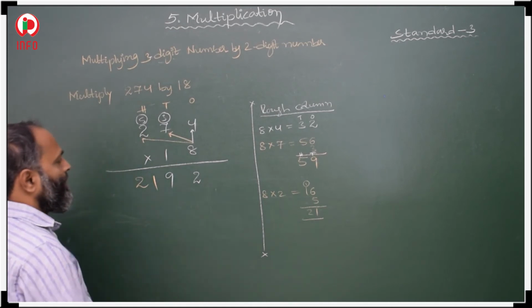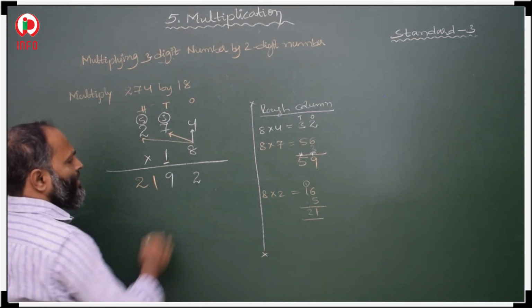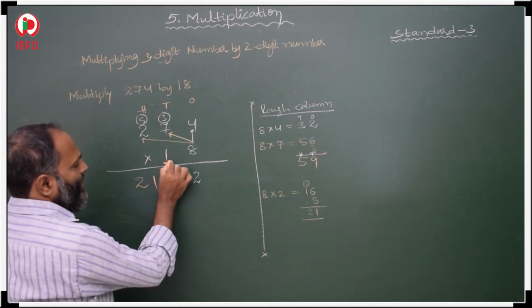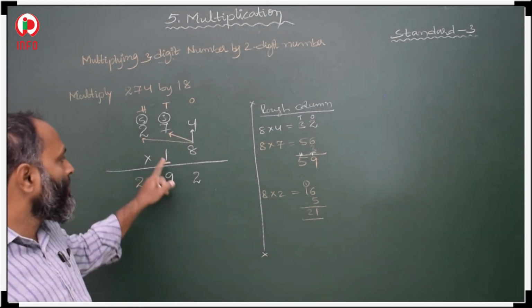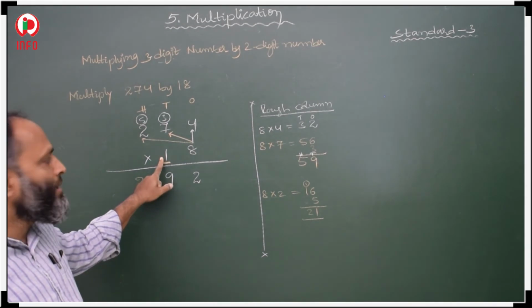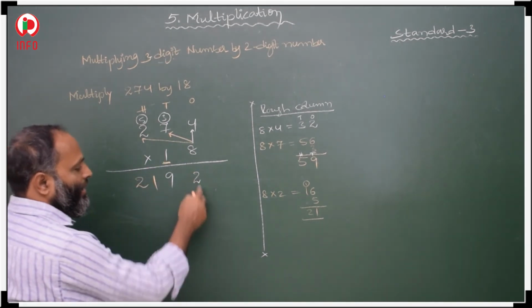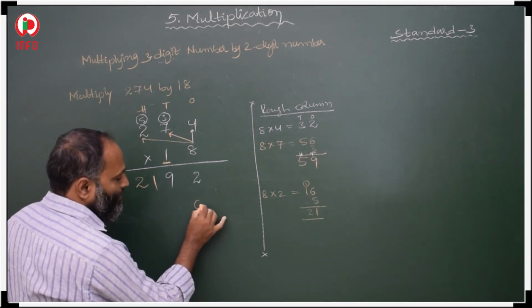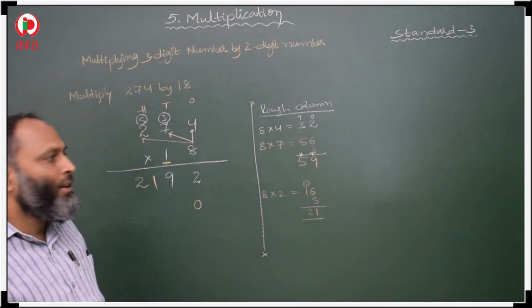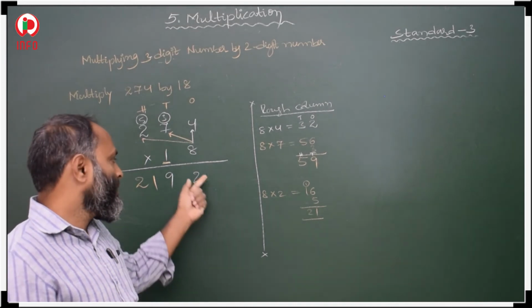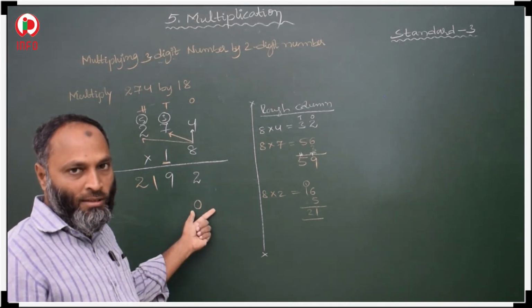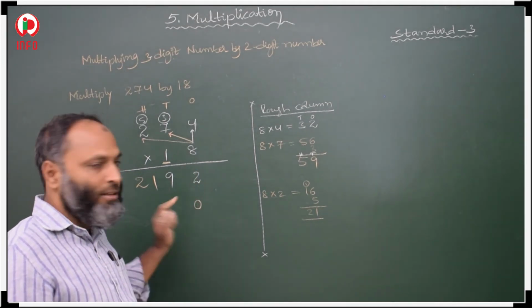Now we are going to start with tens place. What is there in tens place? In tens place 1 is there. So we are going to start with tens place. In ones place we have to take 0 here. Why? So this 1 is in tens place. So that is why in ones place we keep 0 here.